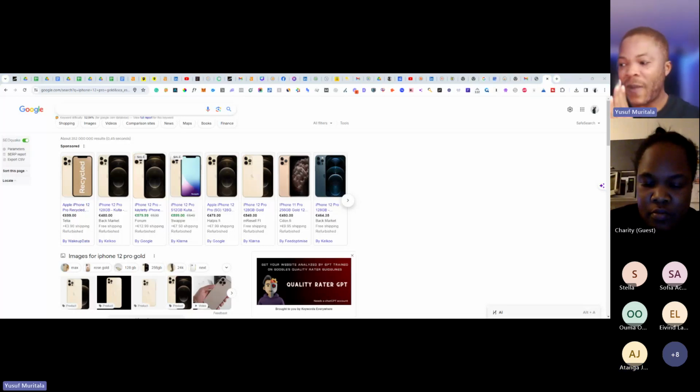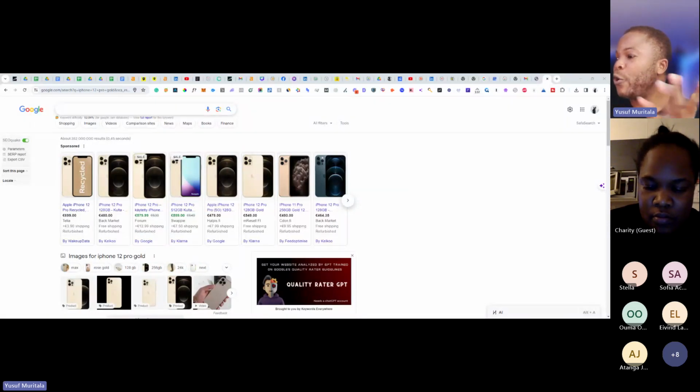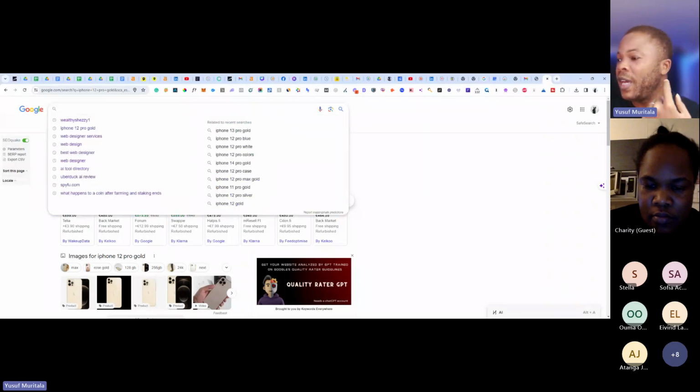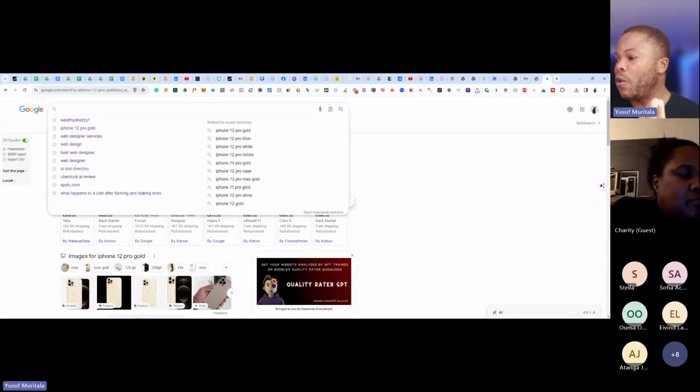Yeah, don't worry. It's part of what we're going to go through, which is the optimization, right? And that makes me realize I skipped one of the intents I wanted to share, which is navigation. Navigational intent is the popular name that people know you for. For example, my own popular name is Wealthy Shexy One. Once someone types it on Google, it's a navigational keyword.